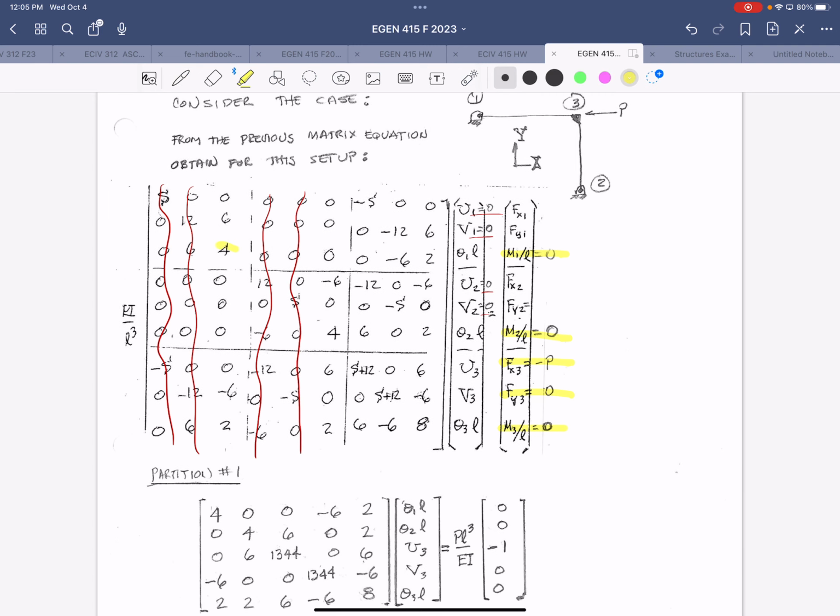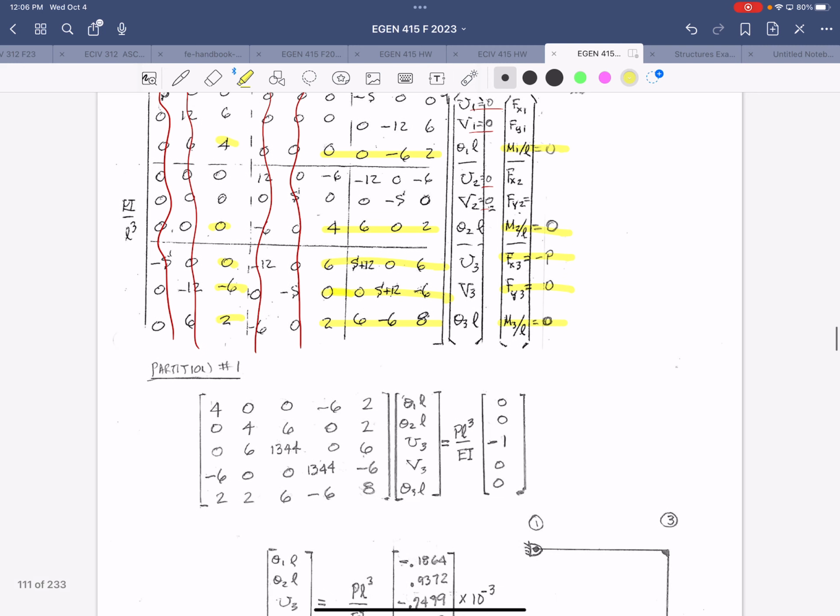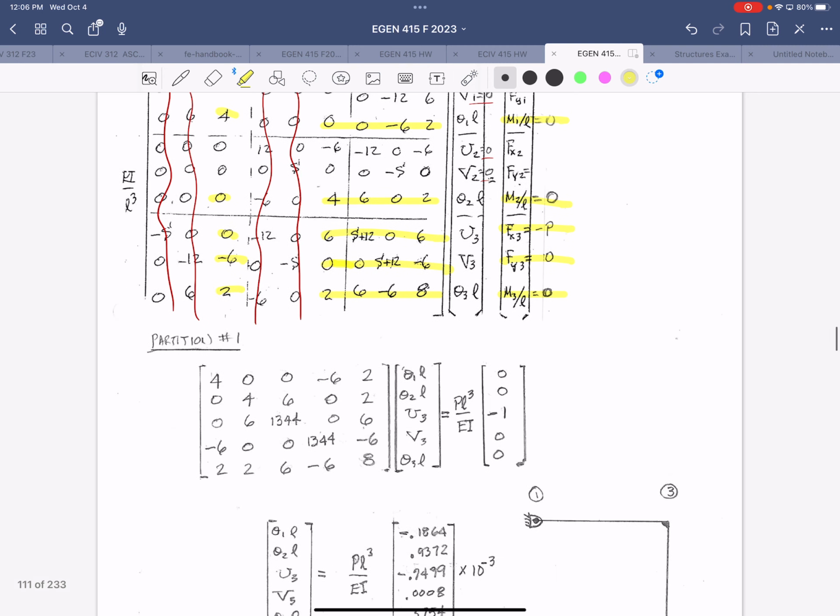So that would leave these as our first partition. All right, so we would piece that together to get a 5 by 5 for our first partition,